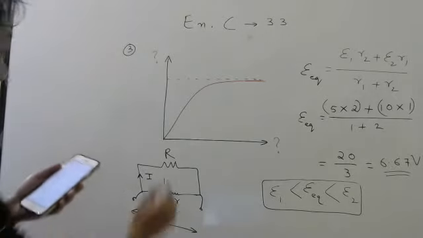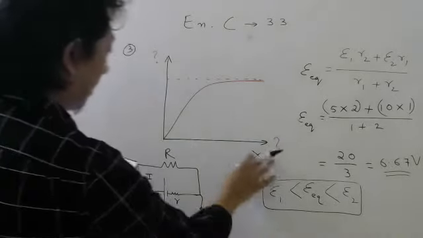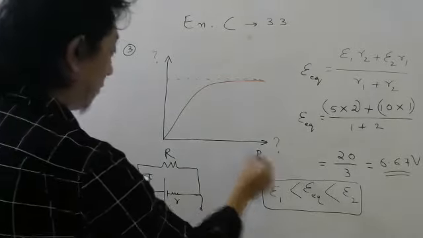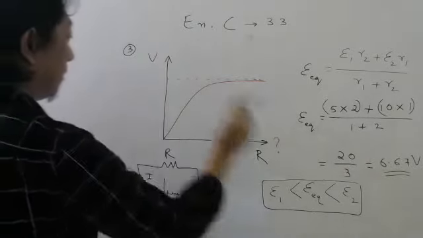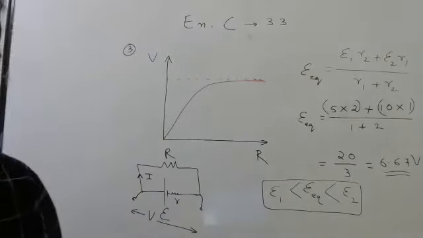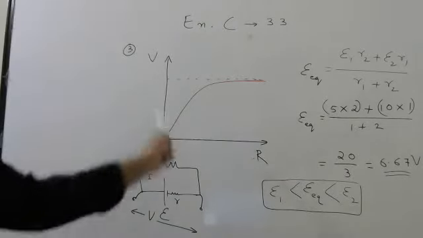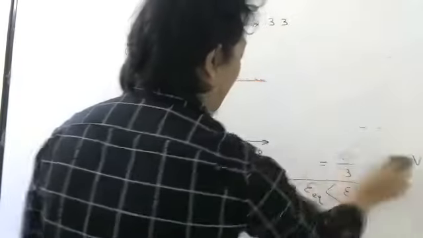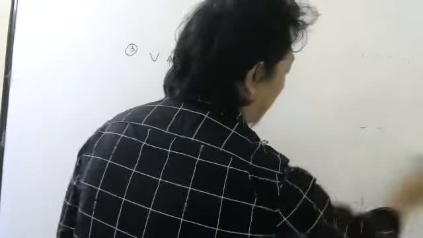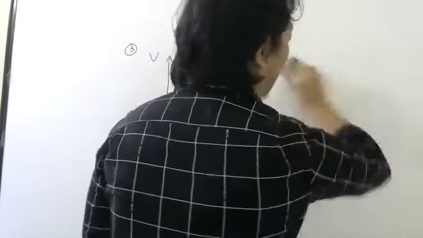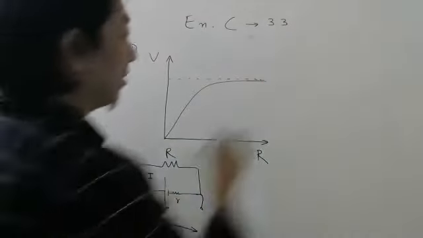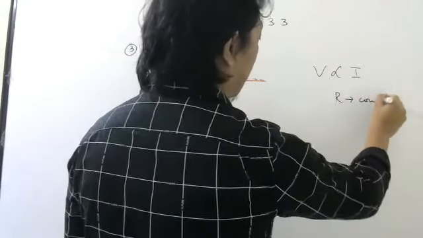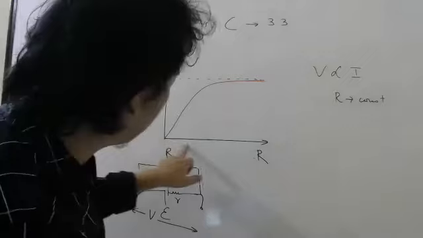They are asking which quantity should be along the x-axis and y-axis. First option: R comma V. So R should be here, V should be here. So let us check. V and R, okay? Now some of you may think, no sir, this cannot be correct because V is equal to I into R, so it should be directly proportional. Arey Baba, that is applied when resistance is constant. V proportional to I is applied when R is constant. Yes or no? Here they are changing R itself.